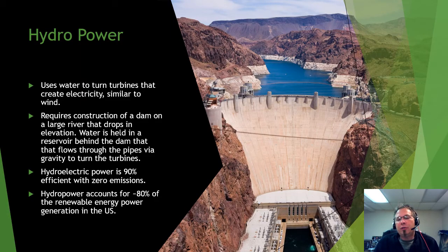Another huge renewable source is hydropower. Now this is the same concept as the wind turbine, except it uses water. So the gravity from the water just flows down and turns a turbine, which generates electricity. Same sort of thing. Now, this does require the construction of a dam, and